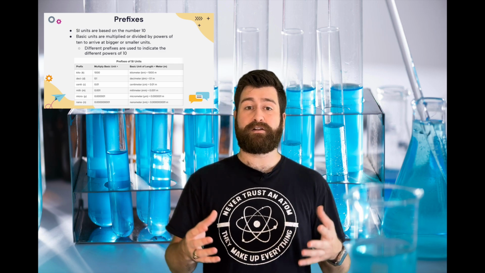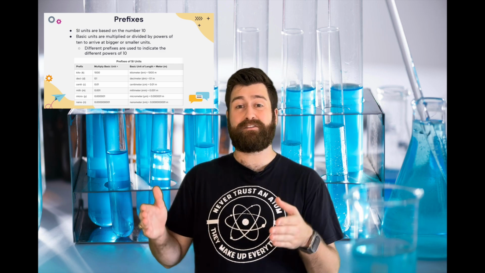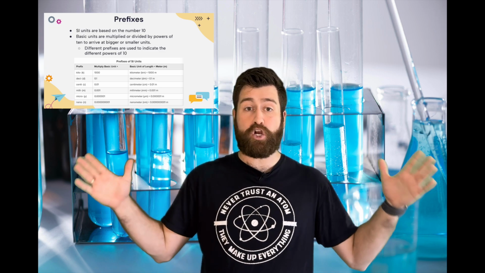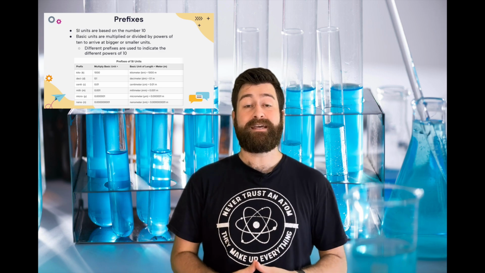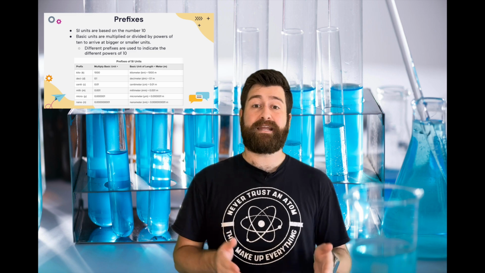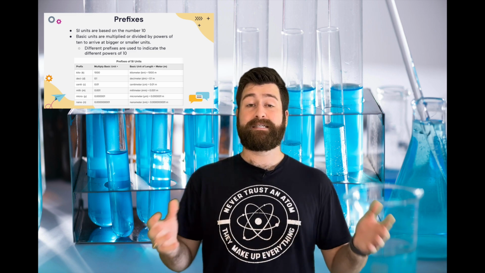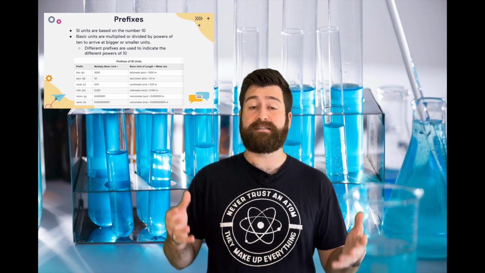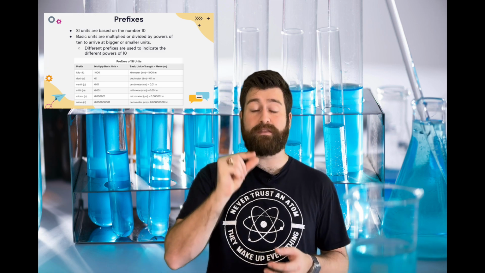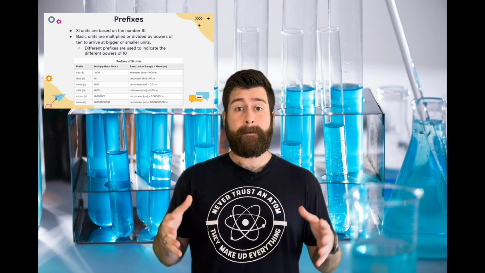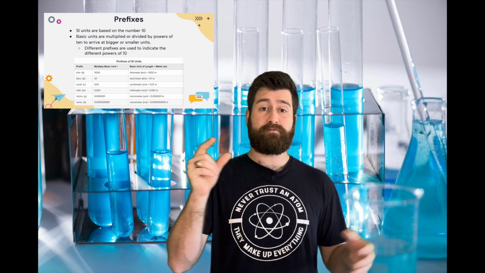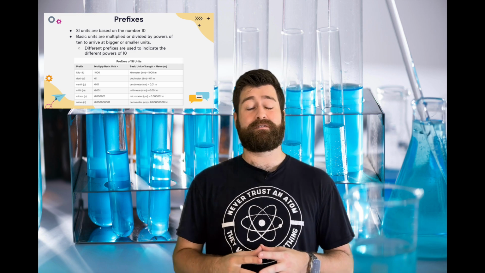These prefixes include the kilo, which is 10 to the 3, or 1,000 times larger than the base unit, deci, which is 10 to the negative 1, or 10 times smaller than the base unit, centi, like I've already mentioned, is 10 to the negative 2, or 100 times smaller than the base unit, milli, which is 10 to the negative 3, or 1,000 times smaller than the base unit,